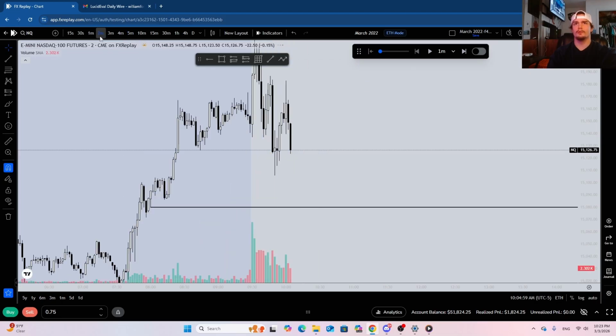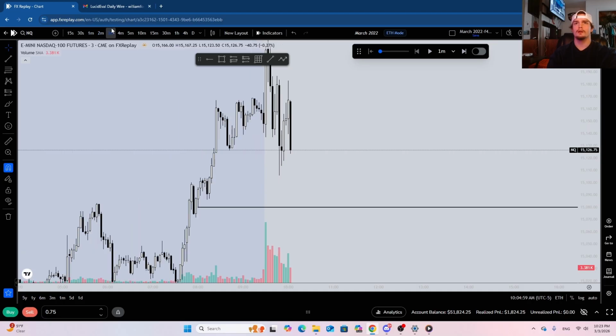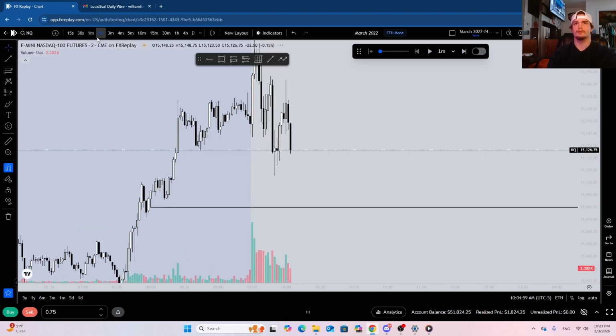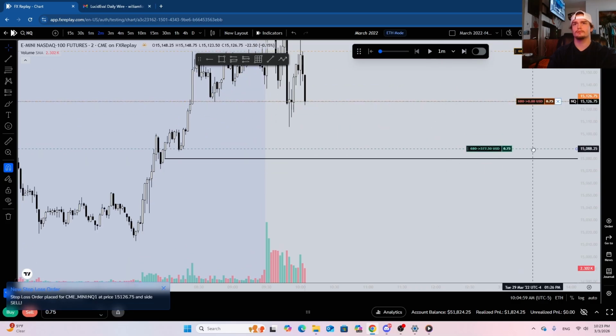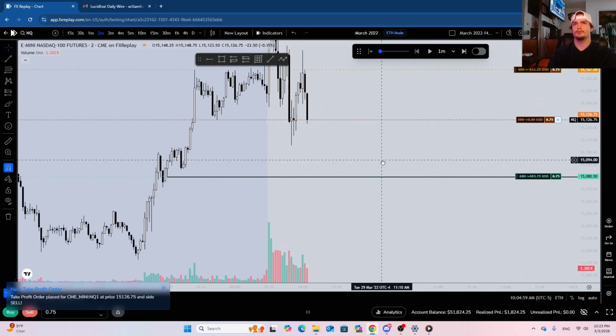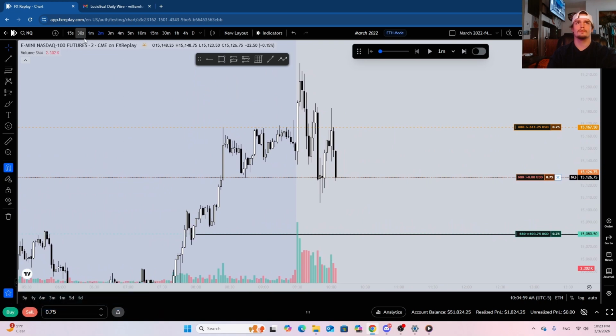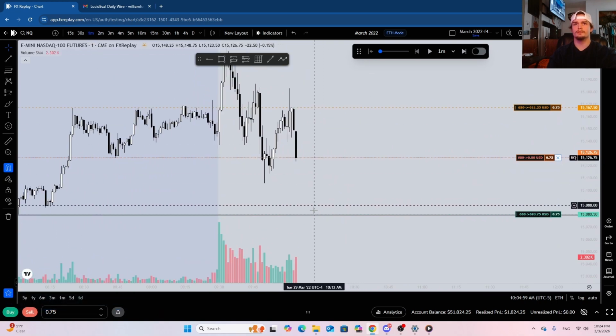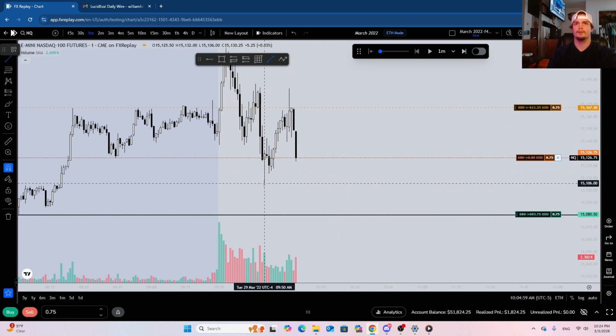Not a ton of volume in the market. We did have a nice V-shaped inverse right here on this 2-minute. 3-minute as well, we got a nice inverse. I think this looks solid, honestly. Well, we're gonna sell here. Stop loss here. Take profit here at this hourly. Got on this 1 minute, see what happens. We're gonna go break even at this internal low.